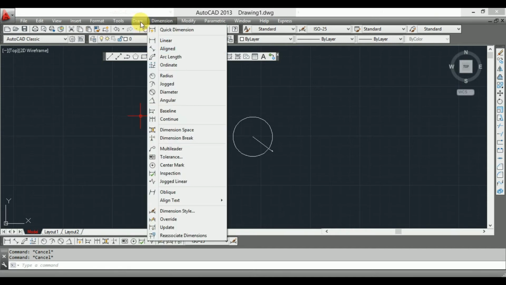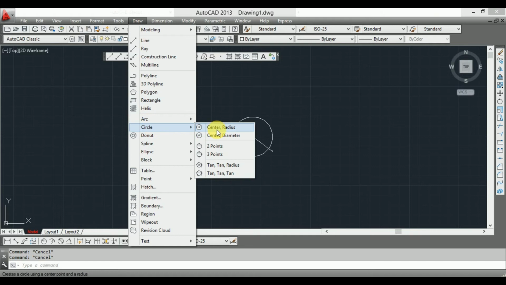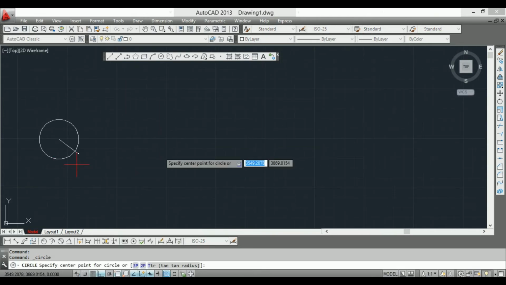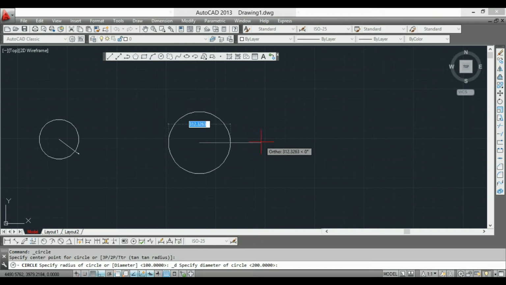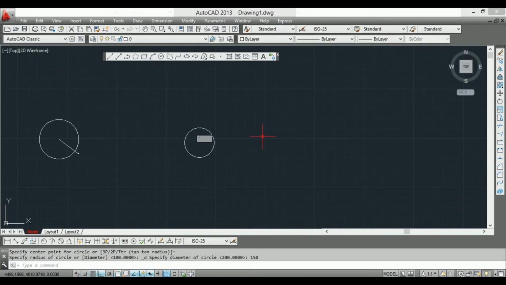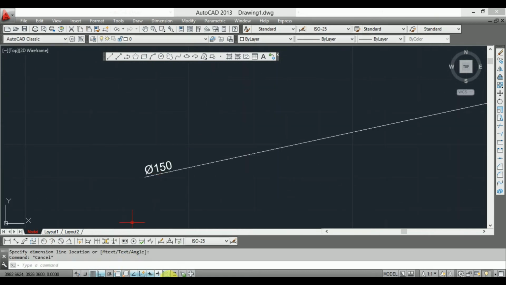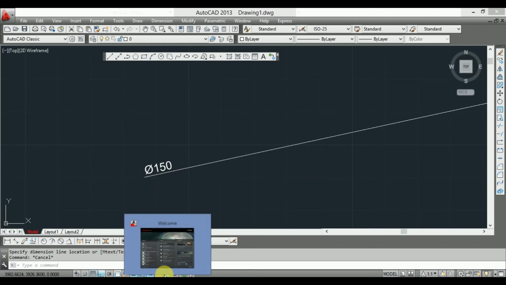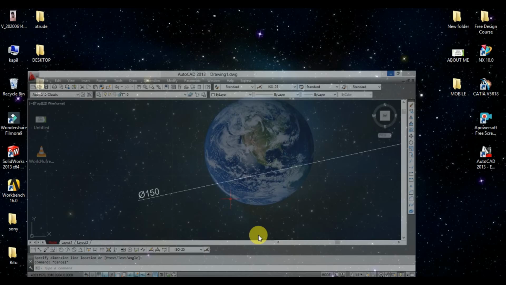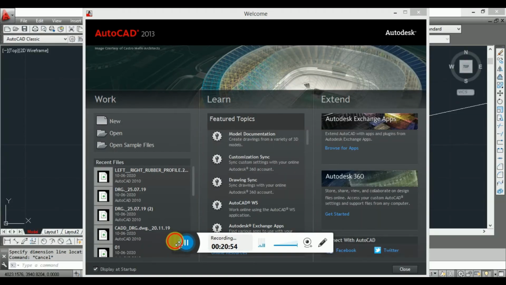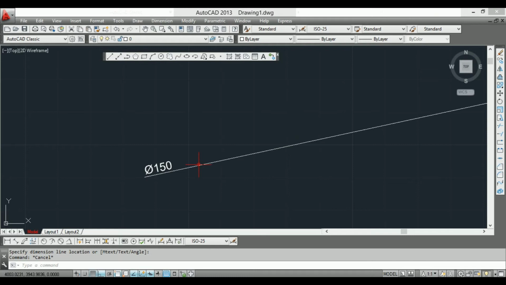If you go to the circle command from draw, and you want a circle with a diameter dimension, suppose you want a 150 mm diameter circle, then you put 150, then your diameter will be like this, guys.